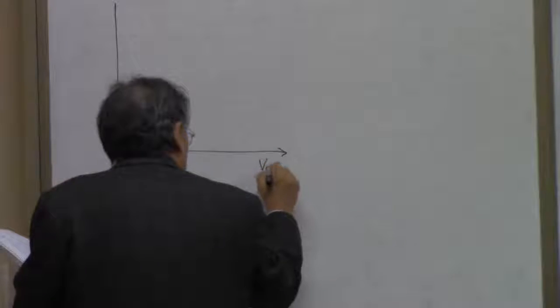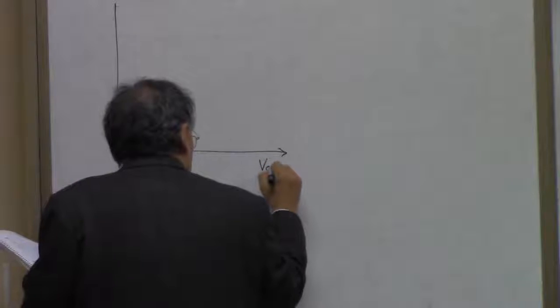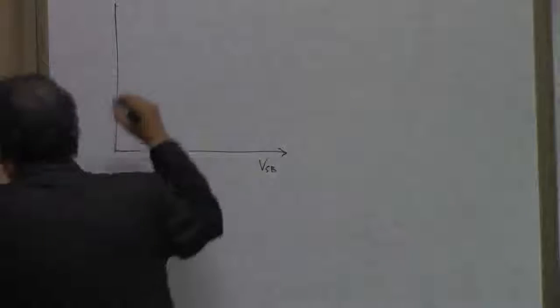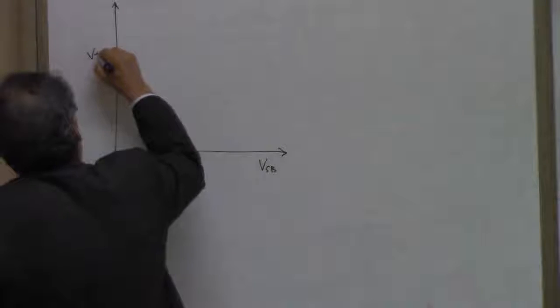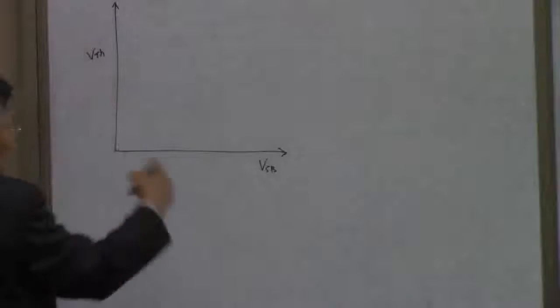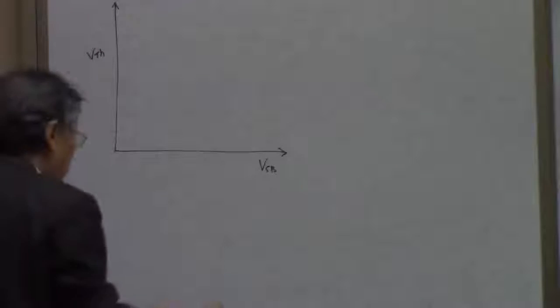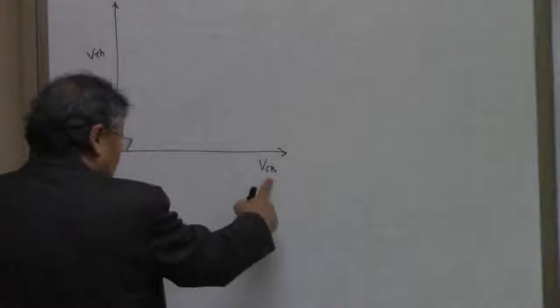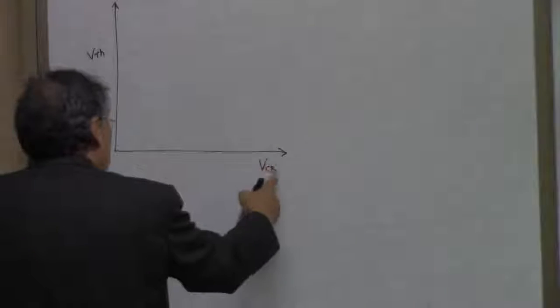And before that, let me just finish this section by showing the experimental data for V sub and threshold voltages. Okay, this is threshold voltage including the body effect, and this is the body substrate,